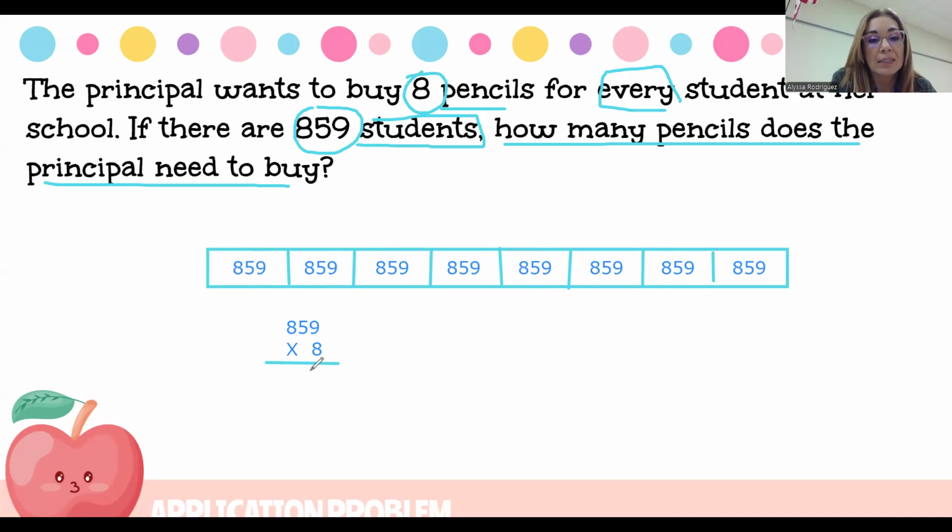9 times 8 is 72. I put my 2, carry my 7. Now I'm going to do the 5 times 8. 5 times 8 is 40, but with that 7, it's 47. Carry the 4. 8 times 8 is 64, plus 4 more is 68. So she's going to need to buy 6,872